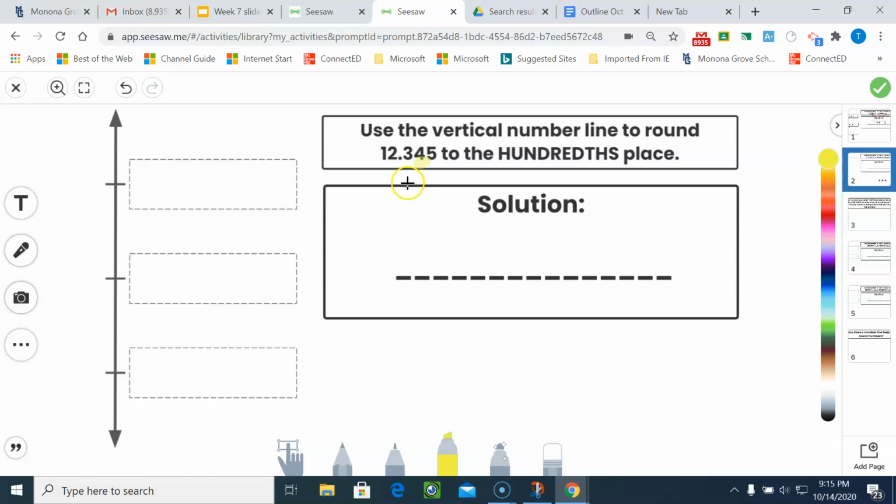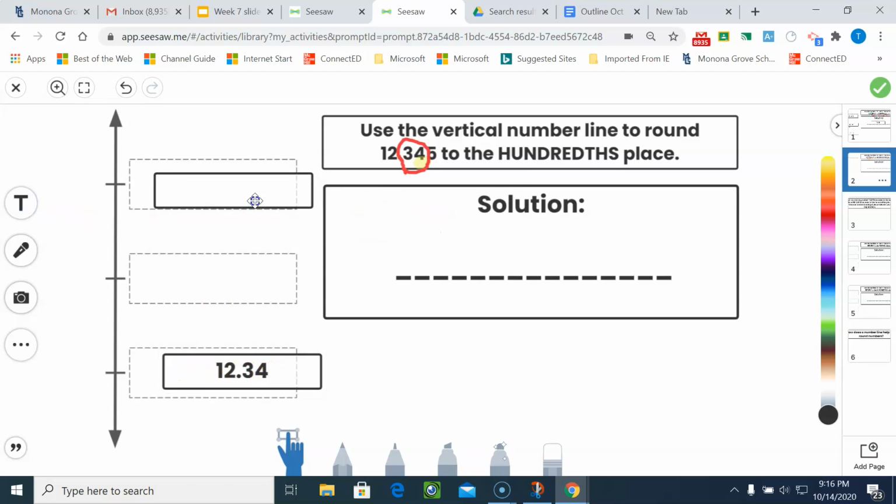Okay, so now my choice is to put it at 12 and 3/400, or I would go up to 12 and 3/500. And I'm just going to circle that as the number that we're really looking at. So my two ends, remember we're going to get a text box and we're going to put those in. So I can keep it at 12 and 3/400, or I can bump it up and say, nope, I'm going to go up to 12 and